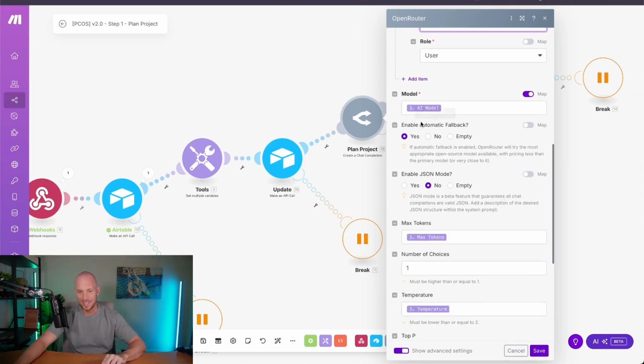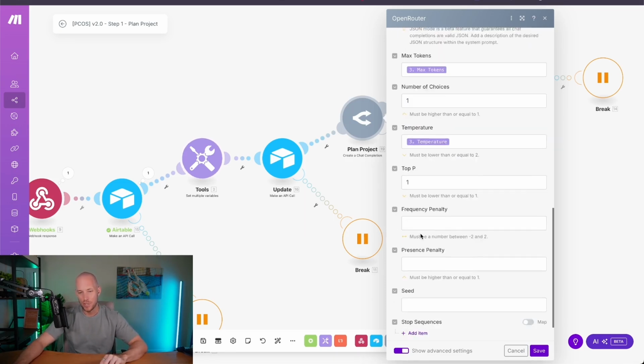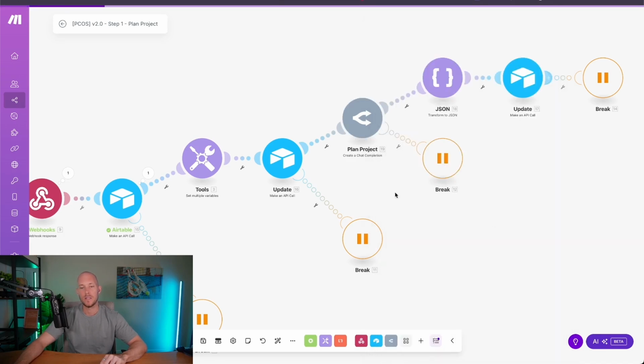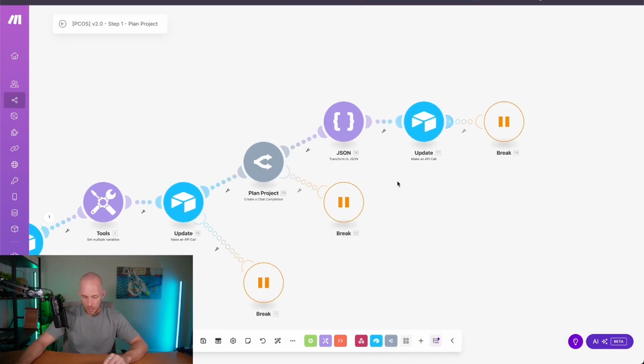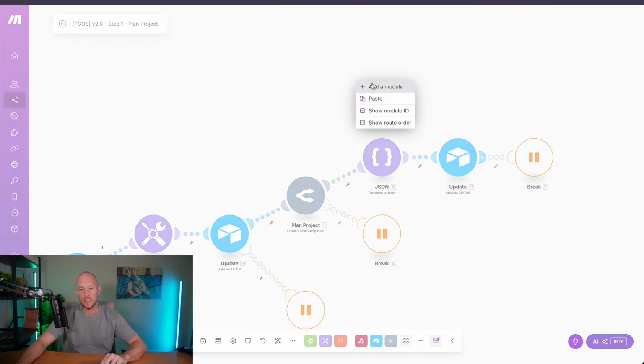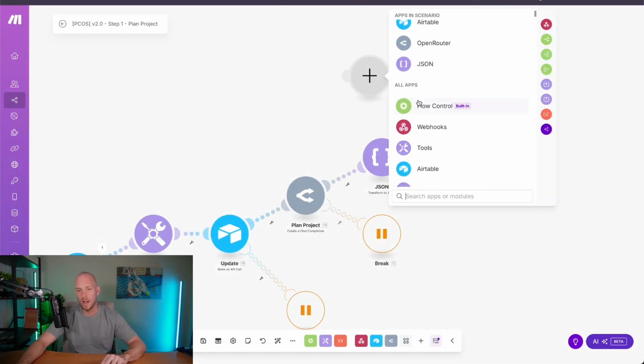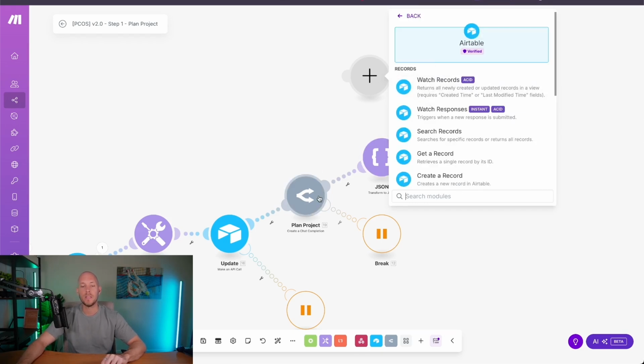We have a few extra settings here as well, which is enable automatic fallback. That means if that model is overloaded, it will fall back to a different model. We have our max tokens. We have our temperature here, and we typically leave the rest of the settings as is. The one big difference though, when we are using these API calls versus if we were to just add in an Airtable module like create a record, is that once this AI output has been generated, we need to send it back into